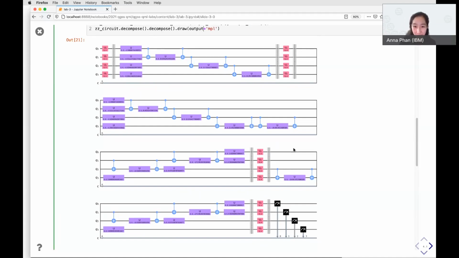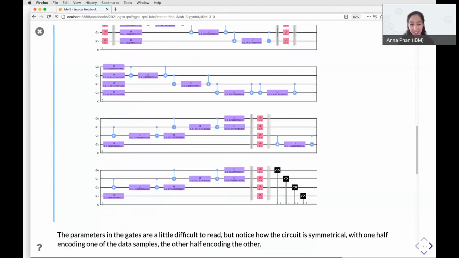So that is what starts between these two CNOTs right here. You might notice that this unitary gate here has a different value in it from this unitary gate here, and that's because the rest of that circuit is encoding that second data point. And so you can see we've got the ZZ part, we've got the Z part, we've got our Hadamard gates again, we've got our ZZ part and our Z part, our Hadamard gates again, and then our measurements at the end of the circuit.